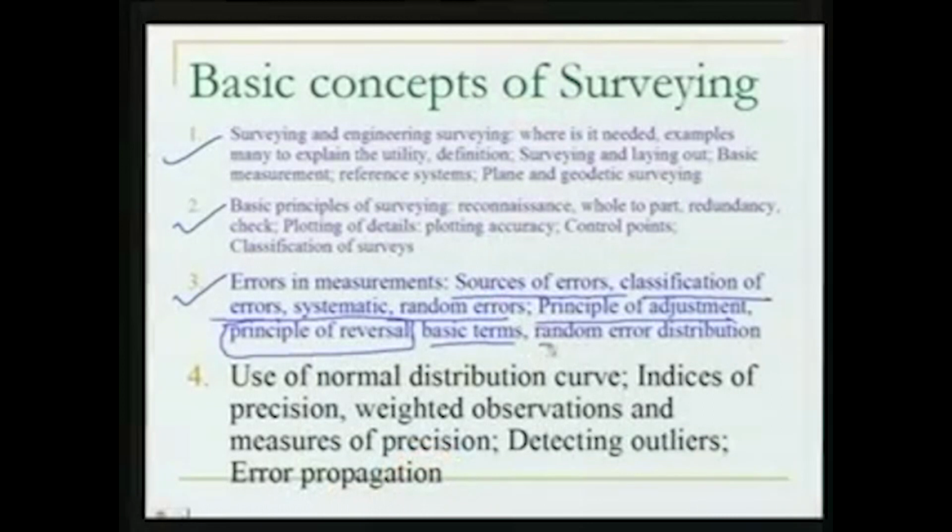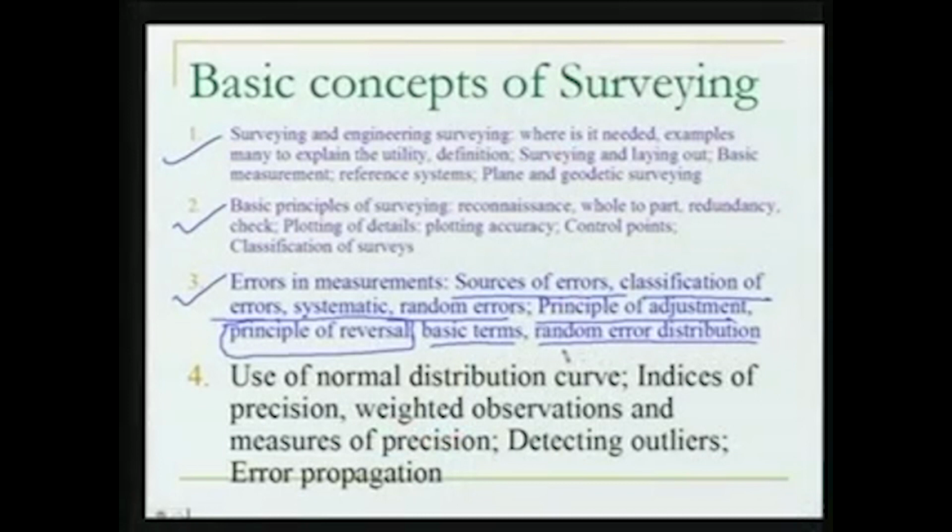One very important concept we looked at was the most probable value. The most probable value is a value which has the maximum chance of being nearest to the true value. Then we saw how we can find it. We proved that the most probable value for a set of observations is the arithmetic mean. Towards the end of the lecture, we were looking at the random error distribution, and we saw that random errors are normally distributed. We saw that bell type curve.